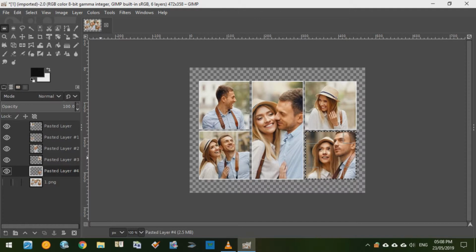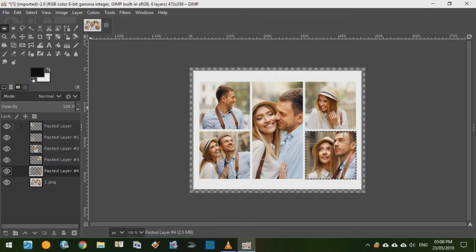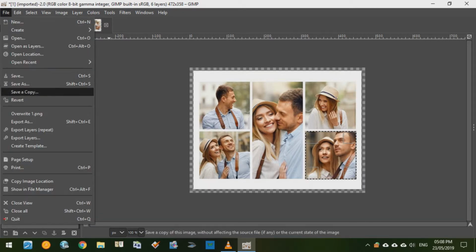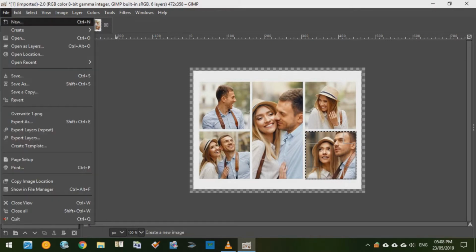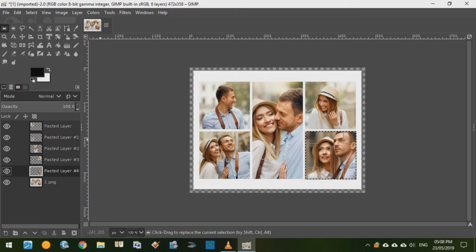Now if you hide the original photo, this is how you should see your remaining layers without the white background. So now all that's left to do is go to the file menu, and here we are not going to use the regular save option. Instead we are going to use another option which is called export layers. This option is not